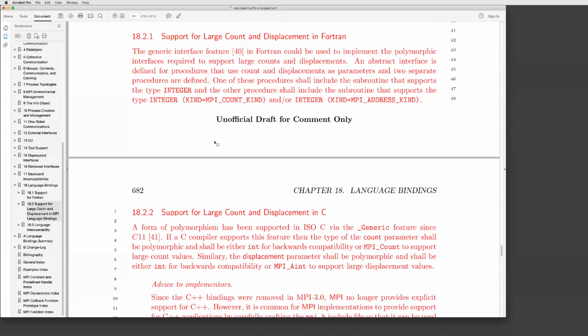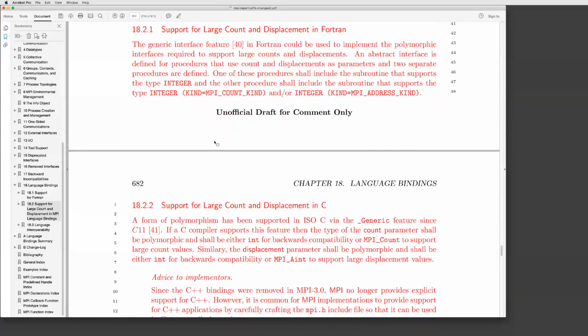And corresponding text for C. A form of polymorphism has been supported in ISO C via the underscore generic feature since C11. If a C compiler supports this feature, then the type of the count parameter shall be polymorphic and shall be either int for backward compatibility or MPI count to support large count values. Similarly, the displacement parameter shall be polymorphic and shall be either int for backward compatibility or MPI aint to support large